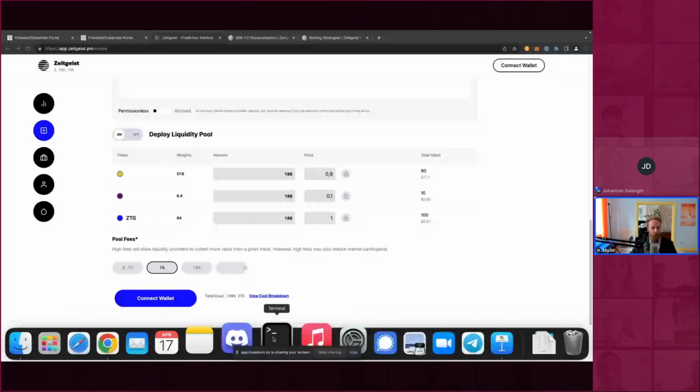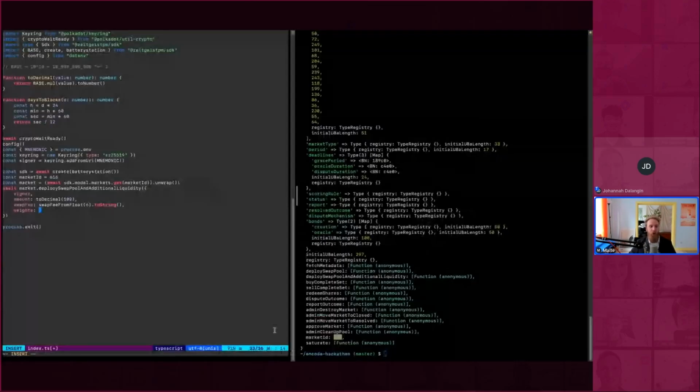So this weights thing is a little bit more complex, but again, SDK to the rescue. It allows you to set the weights from a relative ratio. For example, I have to double check which of the tokens is first.